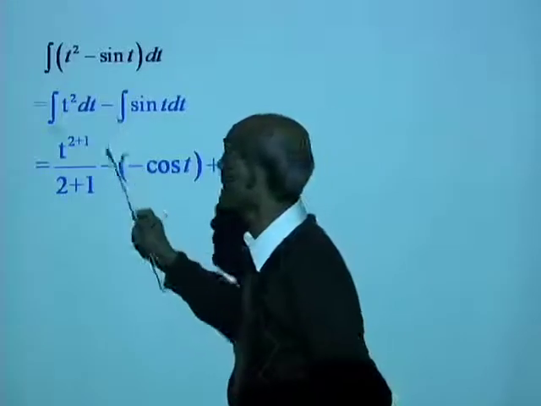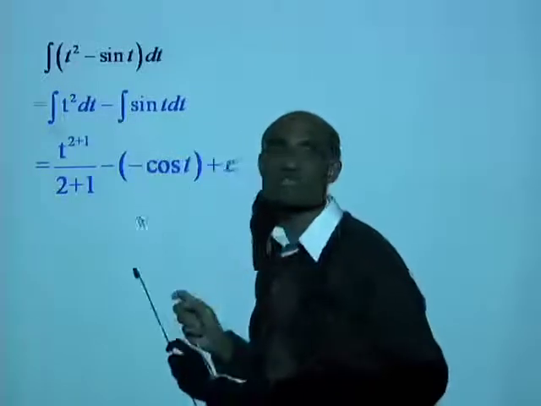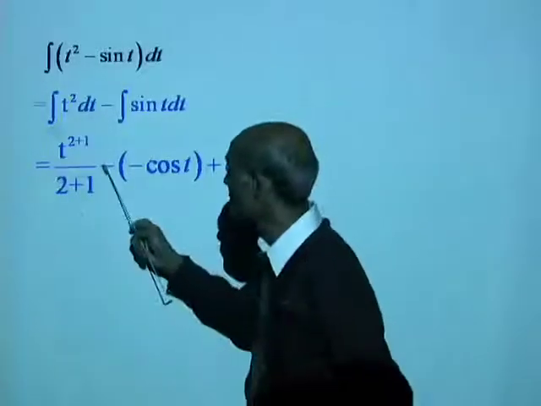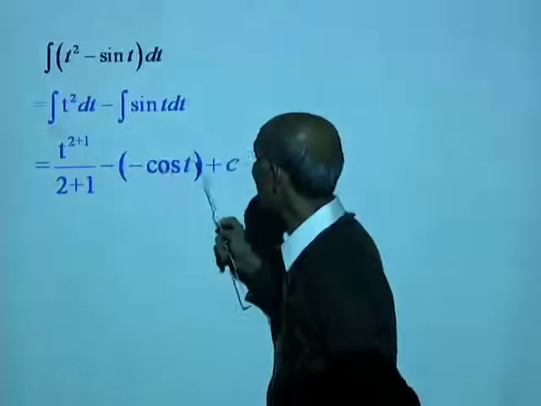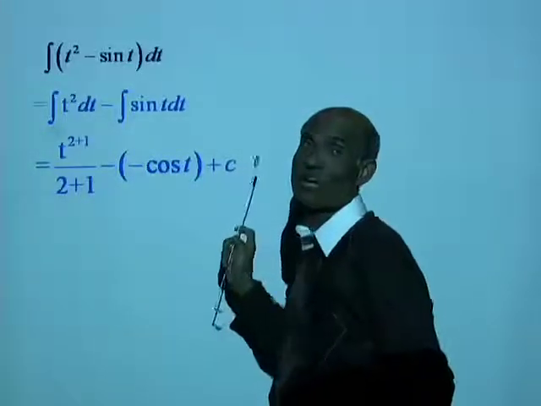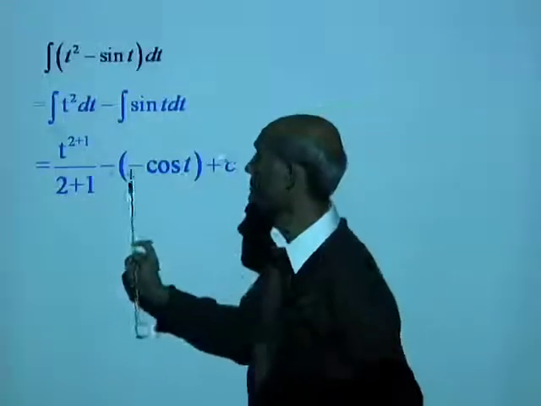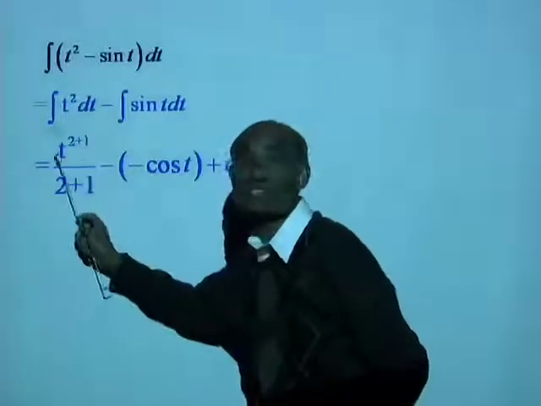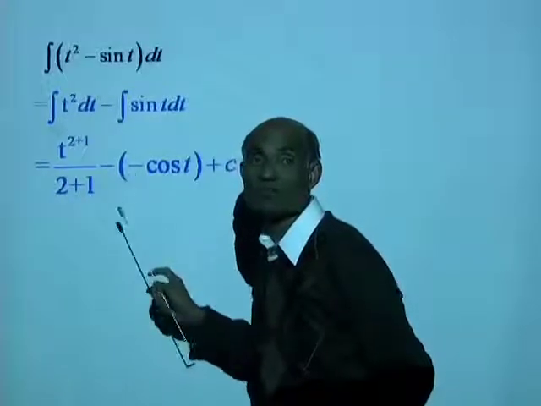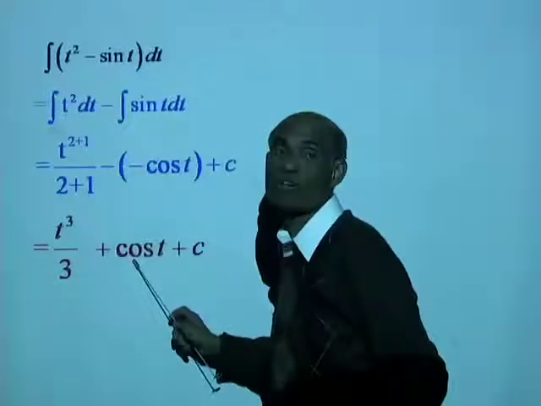Minus, don't mess up the signs there, minus, what is the integral of sine t with respect to t? It is negative cosine t. So that would be minus negative cos t plus c. Don't forget, you need to add a constant when you do your integration. Now, in the next step, write it as t cubed over 3 minus becomes plus. So that will be t cubed over 3 plus cos t